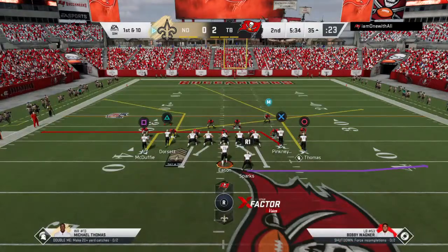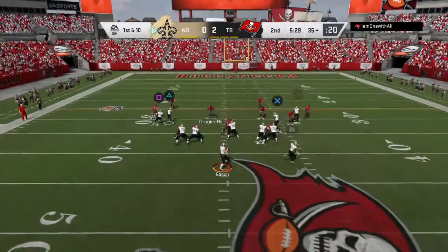Check. 52's the mic right here over there, right? 52's the mic. I'm going for back. From the gun,